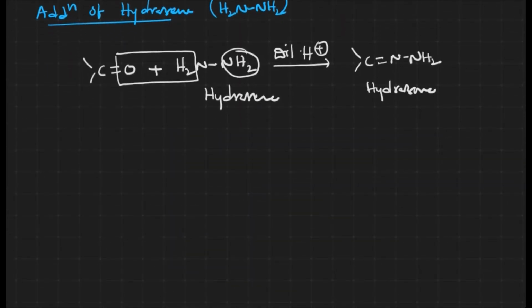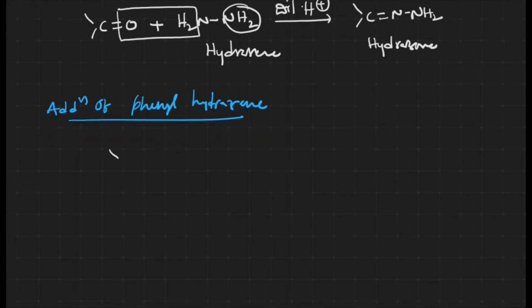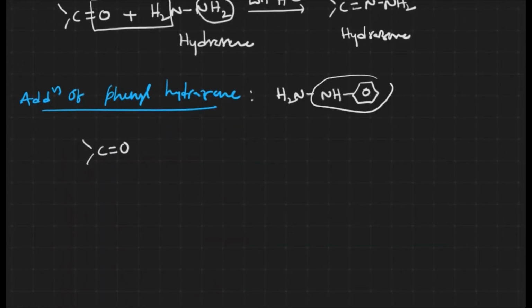Now let us take another example over there. What is that? Addition of phenylhydrazine. Let me take a carbonyl compound over there, C double bond O. What is the formula of phenylhydrazine? It is similar to that one, only in the place of hydrogen one phenyl group will be there, H2N NH, and the phenyl group. Something like this. Here what we have to assume is that this whole thing is going to be the group over there, the G group, which we have discussed.